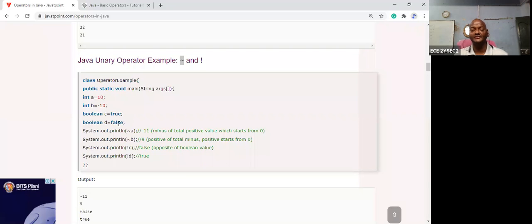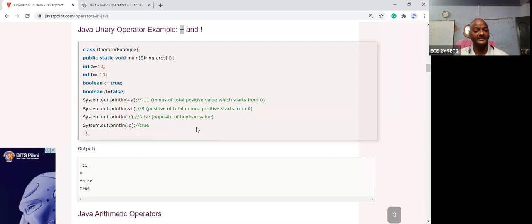So by applying the not operation, this is called a not operation. In the normal way it is called the exclamation operation, and from the Boolean point of view, you can call it the not operation. So what is the D value initially? False. By applying the not operation, it is true. So not stands for the complement of the input. The output is the complement of the input. You already studied the not gate. The not gate operation is that the output is the complement of the input.